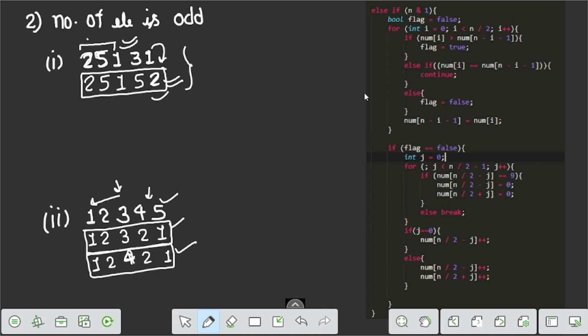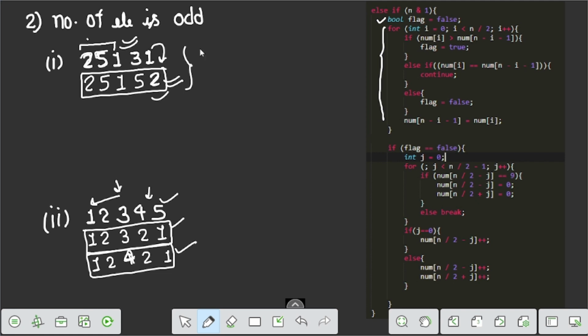Now let us discuss this for clear understanding. If the array length is odd, we initialize a flag variable which is false, and we traverse the array.